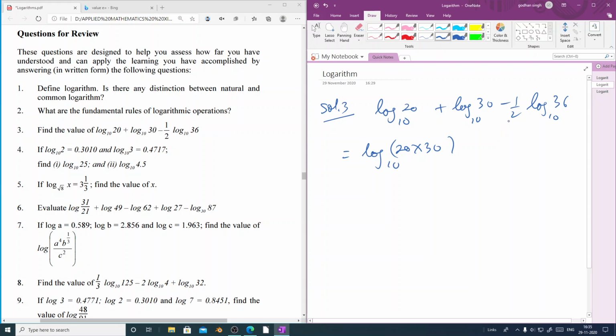Then this also we know that suppose we are having log x raised to m with base a, it can be written as m log x with base a. So this is what we'll apply here. We'll apply the reverse of this one. So this half we can take inside. So here we'll write minus, let us keep minus outside. You can take minus also together inside, but we'll keep minus outside. So minus half will take inside, so it will become log 36 raised to the power of 1 by 2 and base 10,